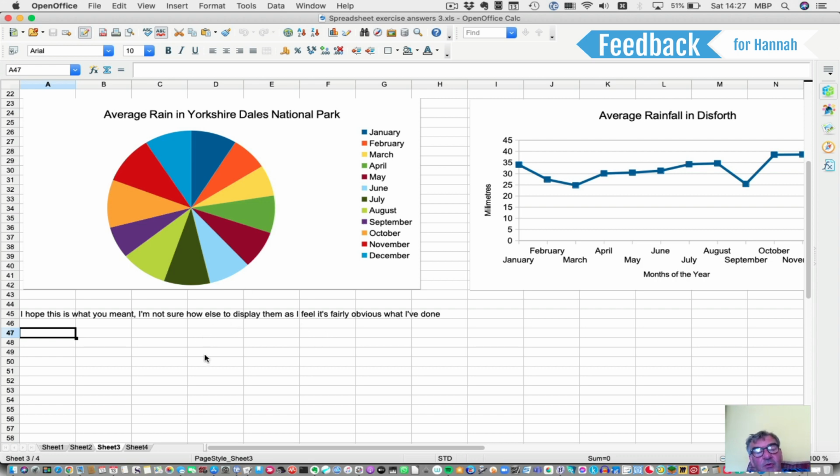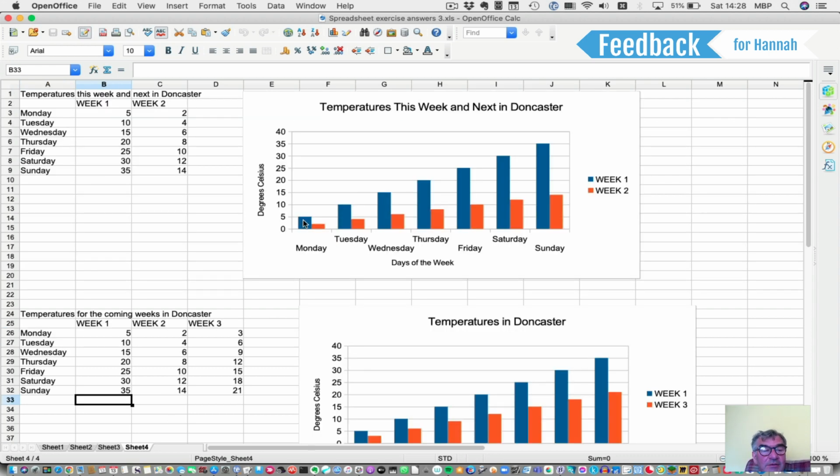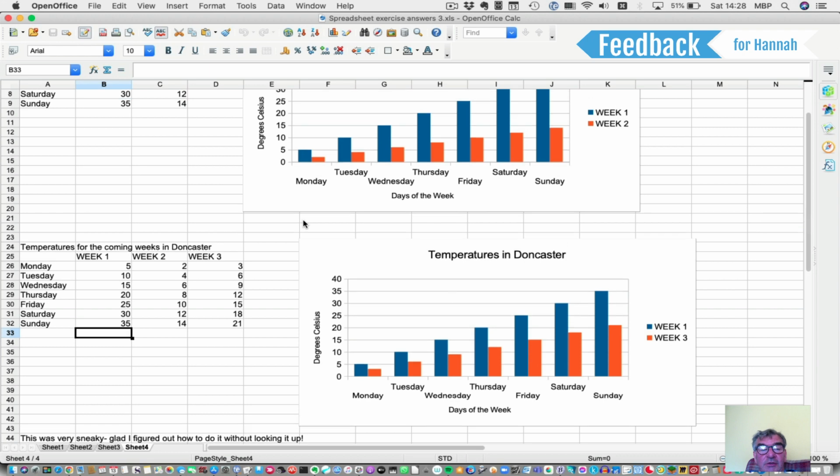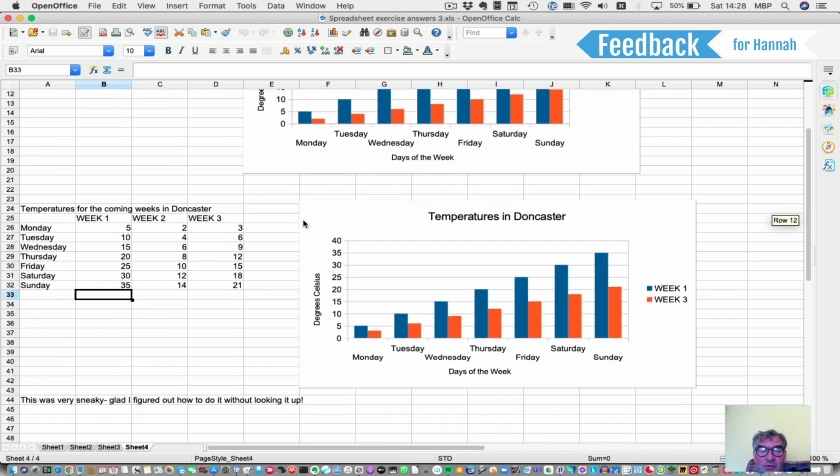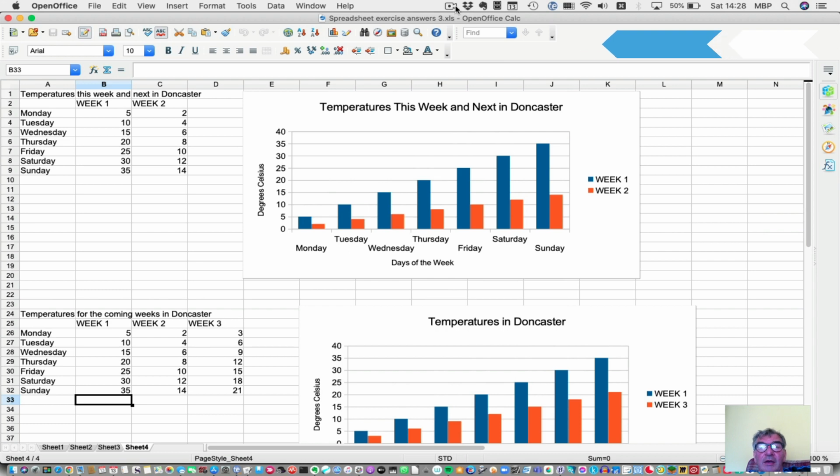I think what we're talking about in terms of displaying things in a way that is clear to me. Right, it's fairly obvious what you've done. I agree it is. And here I can see you've done some things where you've altered the values. So really chuffed with what you've done there, Hannah. That's brilliant. Okay, Hannah, so what I want to do today is record